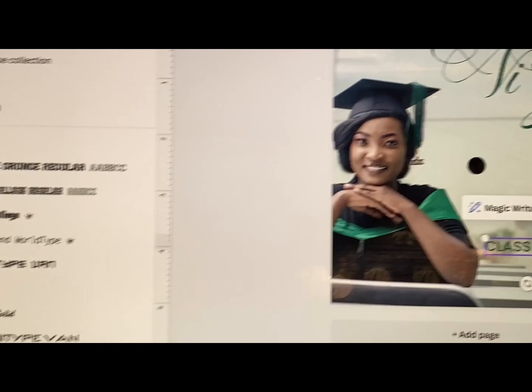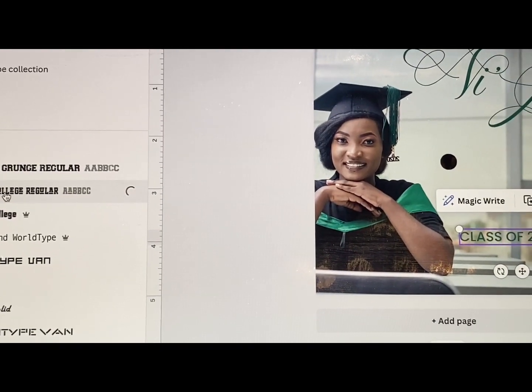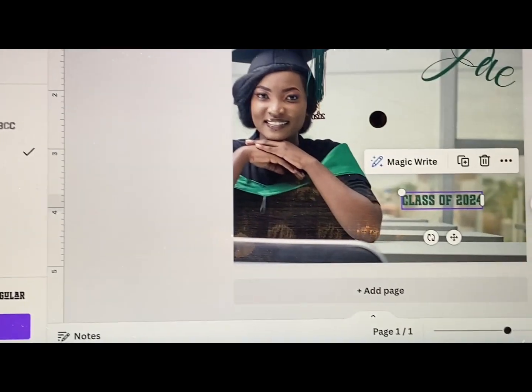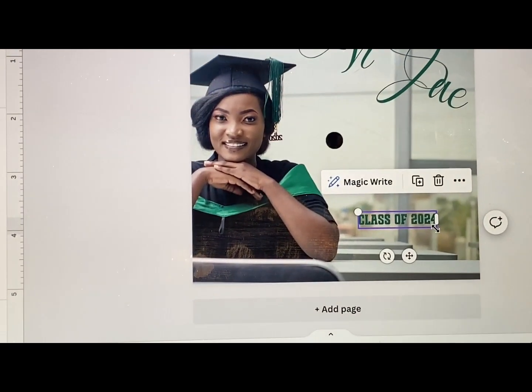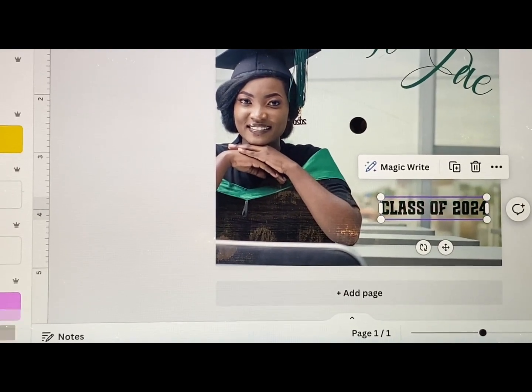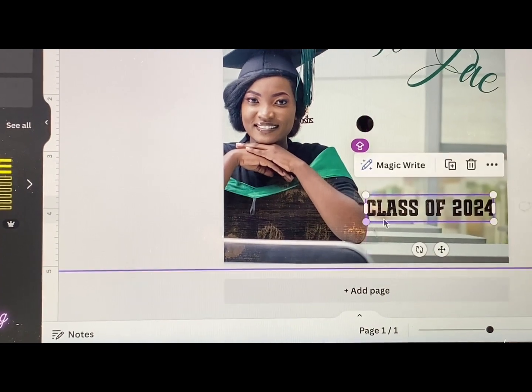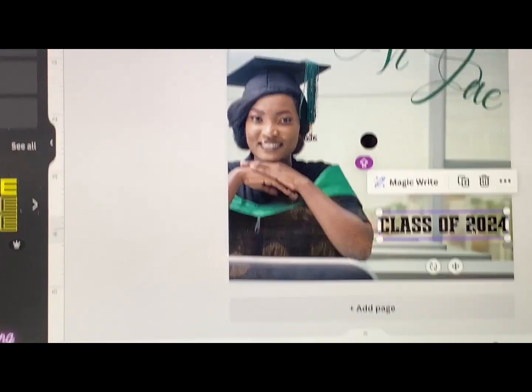Most of the fonts I have in here are ones that I got from Creative Fabrica. You can download your fonts from Creative Fabrica, import them into Canva and use them. All right, so it's a simple and cute saying, class of